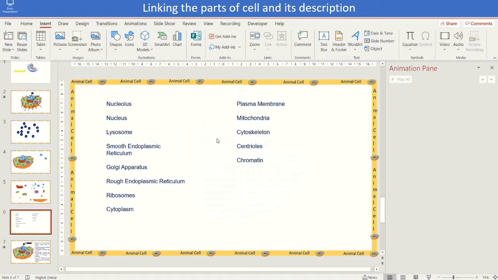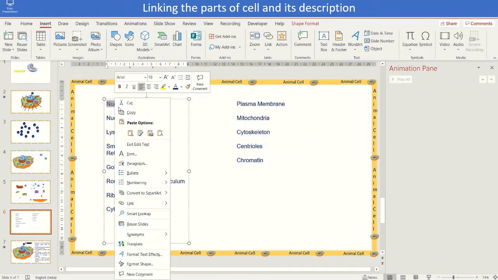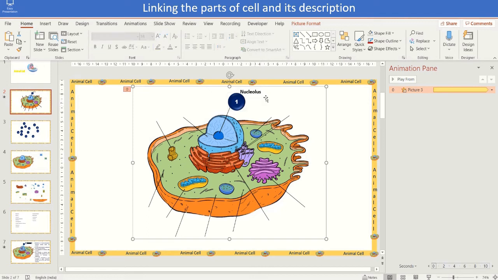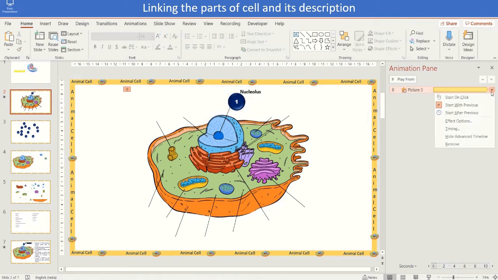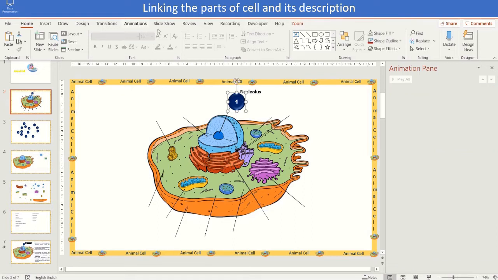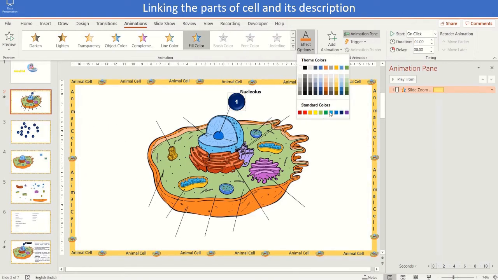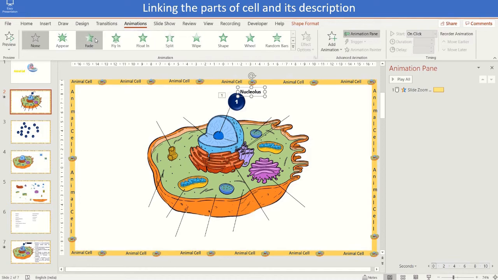Insert a text box and type the name of the part. Select the number image and give emphasis fill color animation and change the color. Select the name and give entrance wipe animation.